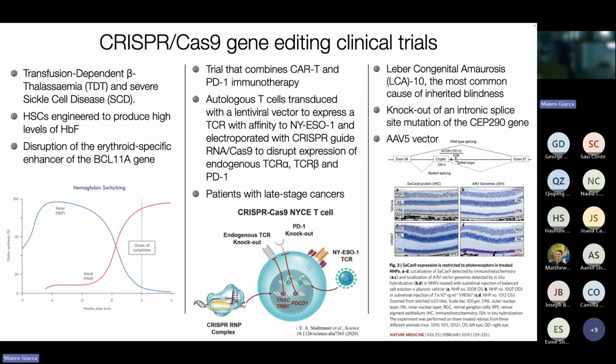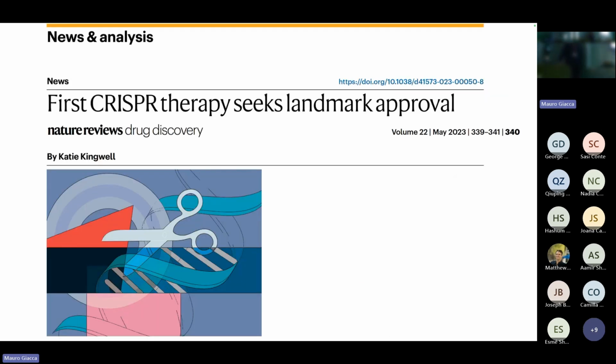And so the idea here is to use CRISPR-Cas9 knockout, so to cleave in proximity of a silencer regulatory element that blocks expression of the gamma chain. So basically to reconstitute gamma chain expression in patients with beta thalassemia. And this has been the first gene editing clinical application that was approved by the FDA, in December of 2023. There was a big meeting here in London in January, in which they called to speak to the podium